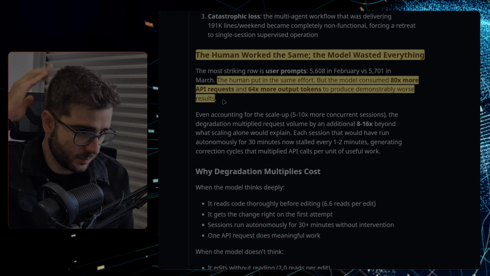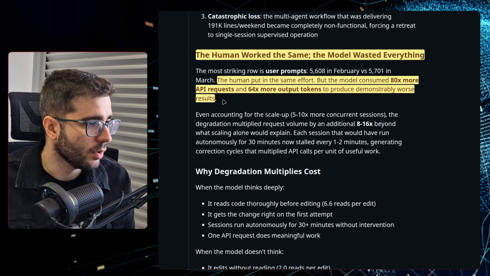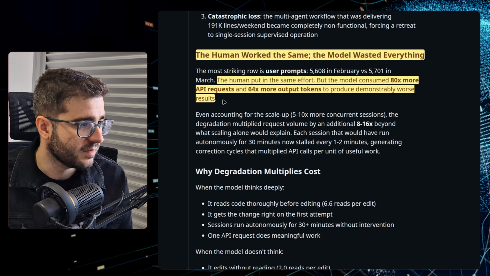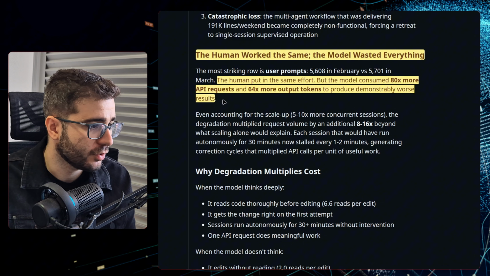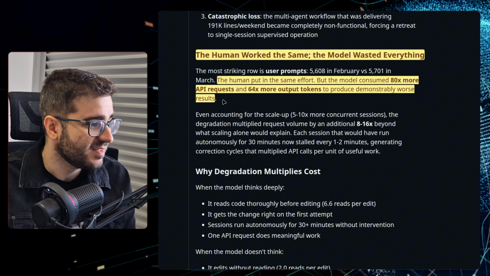file the model had not read in recent tool history. So it's basically shooting into random files that are not associated with the problem being solved. And then we got a final claim that the human worked the same, the model wasted everything. The human put in the same effort, but the model consumed 80 more API requests and 64 more output tokens to